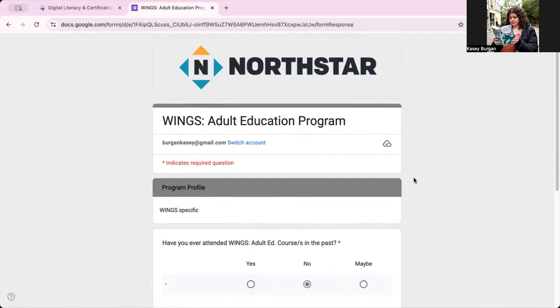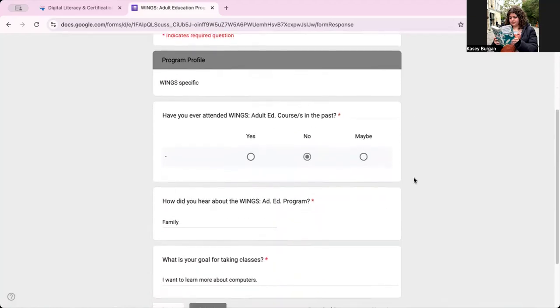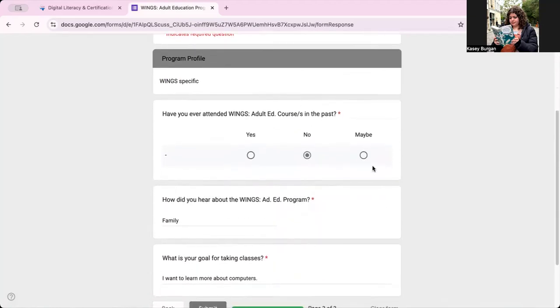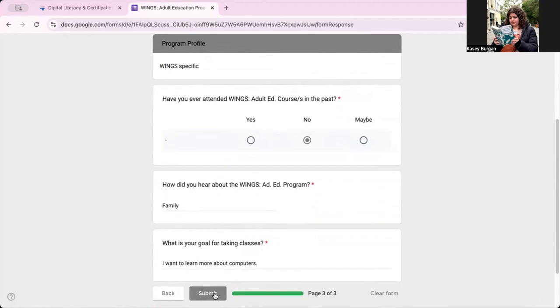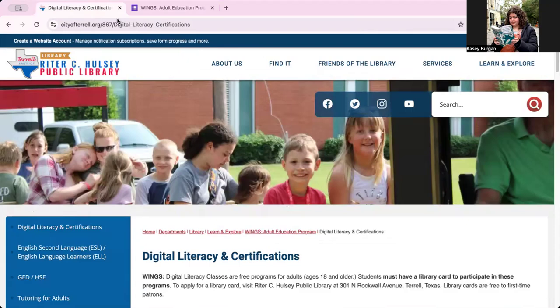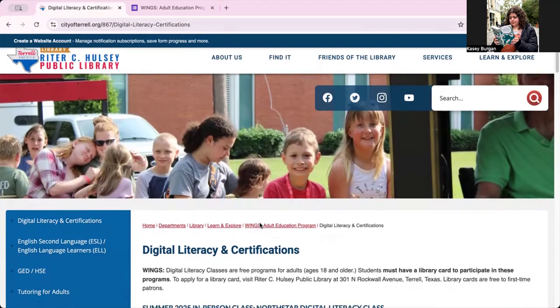On this last page, we simply ask if you have attended a WINGS class before, how you heard about our program, and what your goals are for this program. Once you have completed your answers, click Submit. This will send the form to our adult education coordinator, who will work to find a class that best fits your needs. Navigating back to the digital literacy classes page, you can reach the same form by scrolling further down